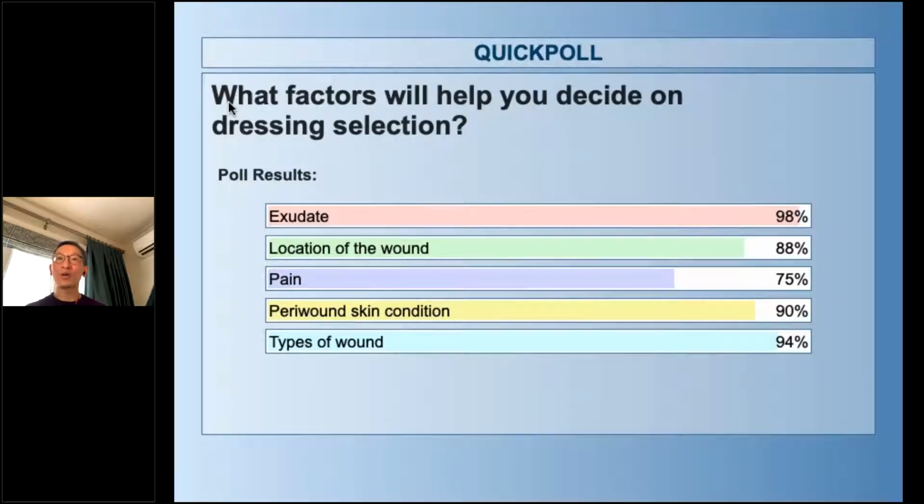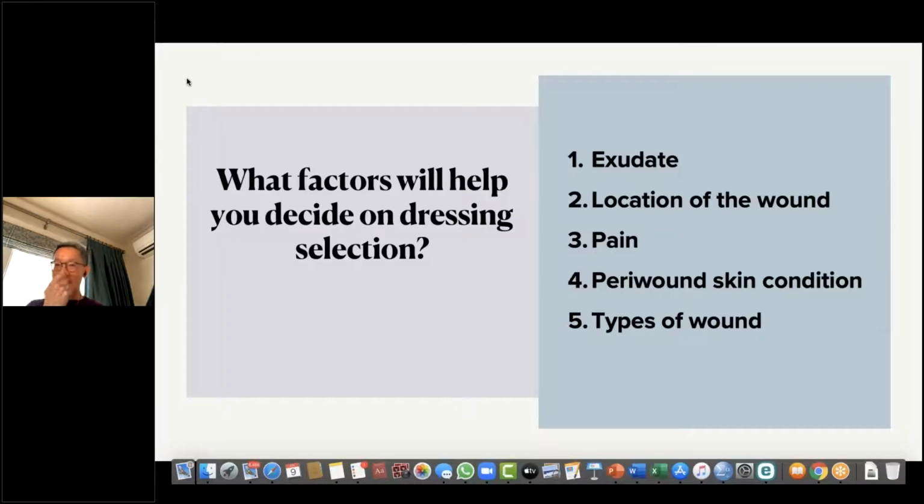Exudate, I agree. Location of the wound, interesting. Pain, only 75%, eh? Well, hopefully I'll convince you at some point during this presentation that patient suffering is an important indicator or component that we need to consider when choosing a dressing. And definitely peri-wound skin condition. Types of wound, interestingly enough, we have 94% of people responding that this is a key indicator when doing a dressing selection. And that is the one choice that I thought would not be the best answer, because